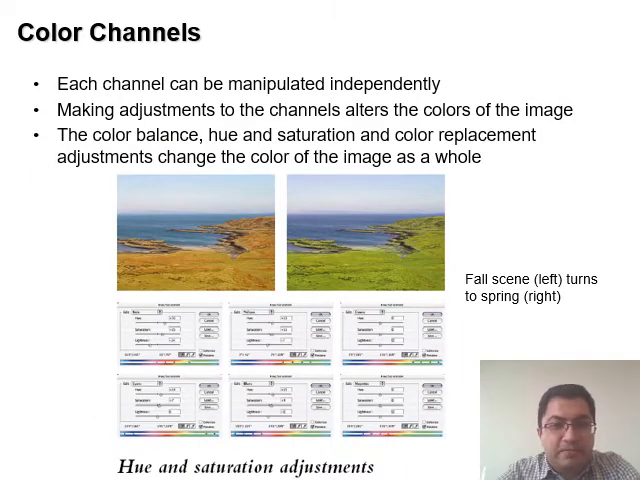So let's see an example where the representation form of color channels would be useful. Each channel, whether the red, the green, or the blue, can be manipulated independently. This can be used to make adjustments to the channels which would alter the colors of the image. As an example, let's look at this image here. This image was taken in the fall season. That's why this area, although it's supposed to be grass, has that orange or reddish color